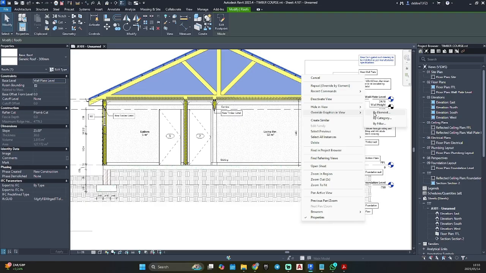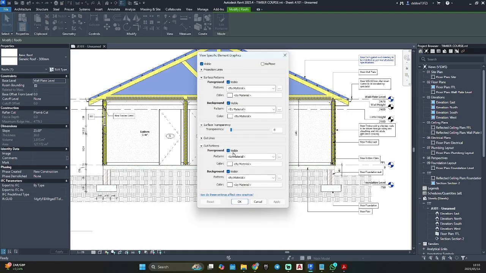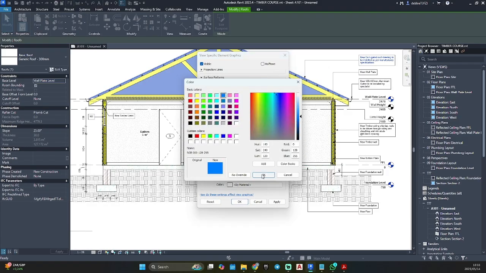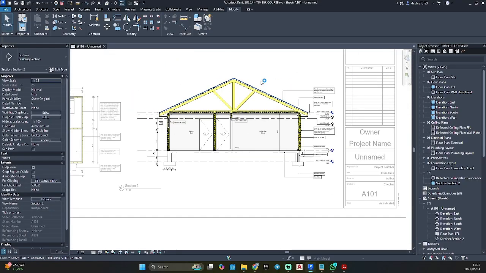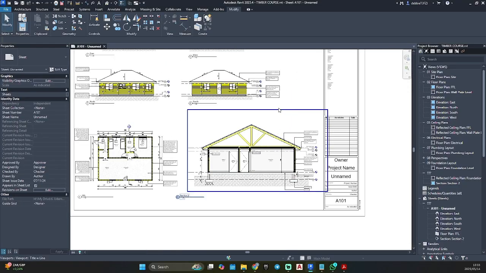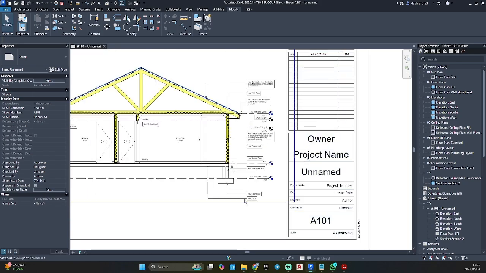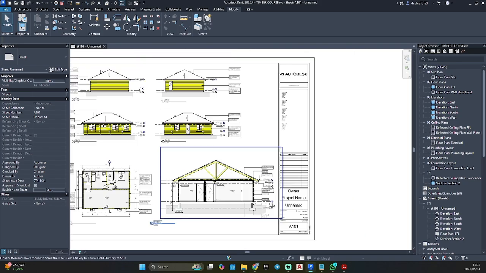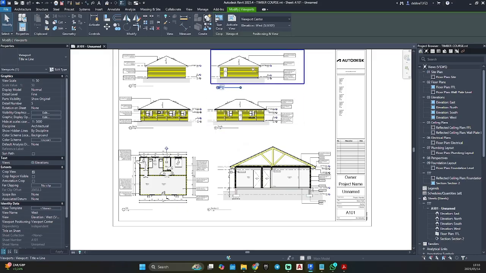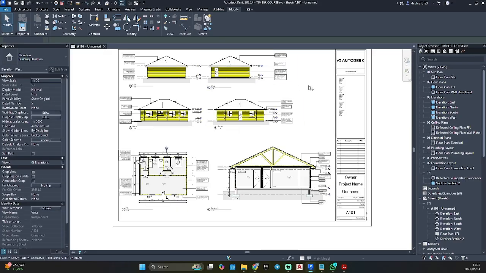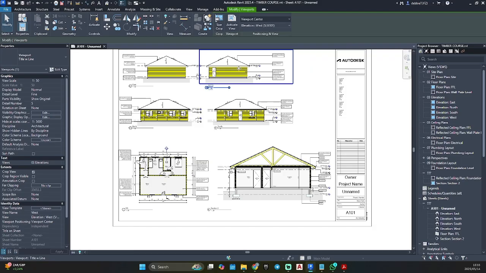And our roof, cut patterns, solid. Okay, so now with these abbreviated notes, just going to move these up a bit. Oh, come on, mouse, don't do this to me now.